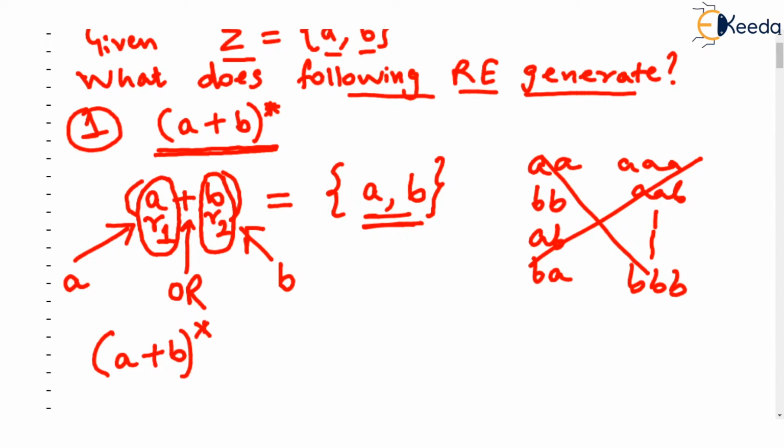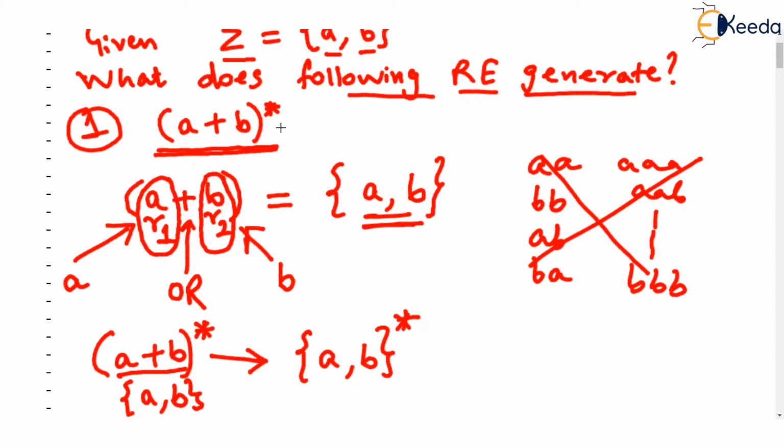the closure of this. You all know that in this bracket a + b generates {a, b}. This is the language. Please try to understand, because in the bracket the regular expression given was a + b, and a + b generates {a, b}, and we are finding the closure of the language generated within the bracket. Check that the language generated within the bracket is {a, b}, and we are finding the closure of this. Now the question remains, what is the meaning of this?